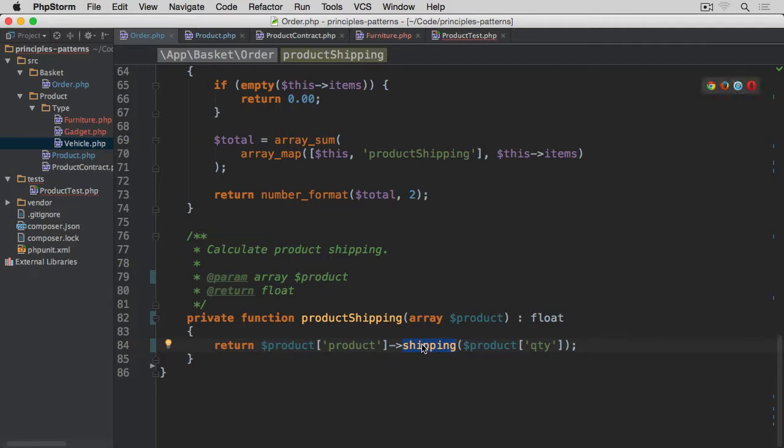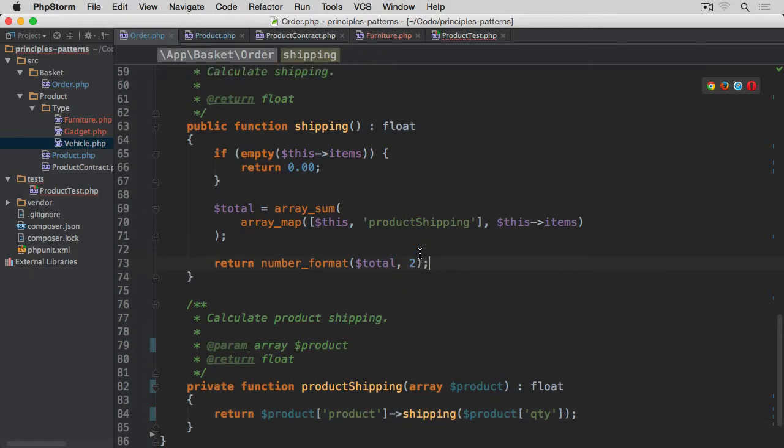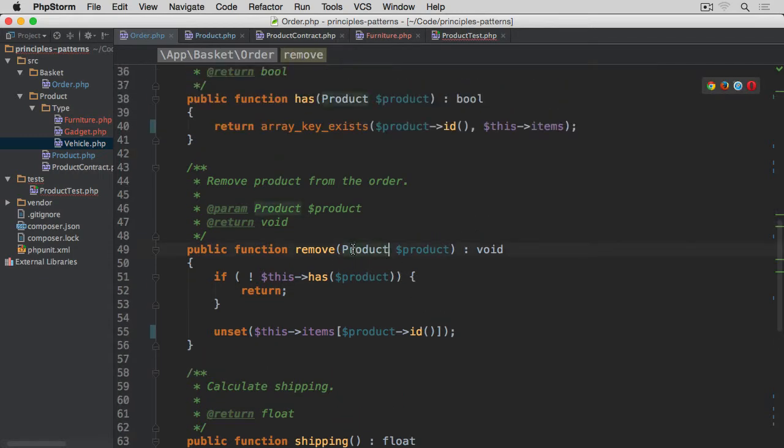So we will be able to automatically call this shipping. It will calculate shipping based on quantity of this product within the order, and it will return it back with this array map, and then it will summarize it and return it in a decimal format from within the shipping method. Now, another thing that we should probably do here is also change this type hinting for remove and